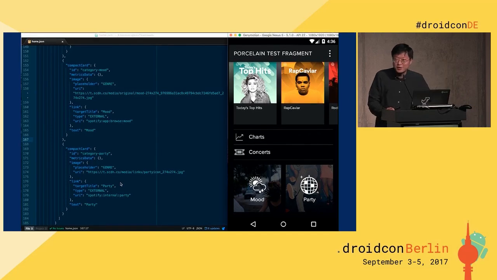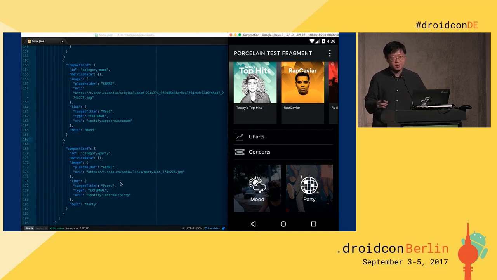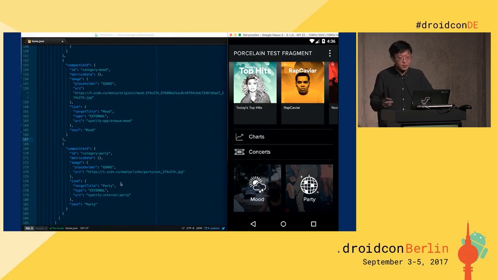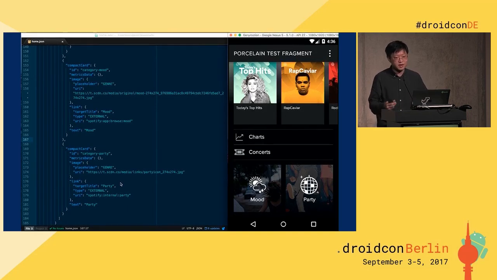Unfortunately, the video seems not to be working, but what I want to show is that the left side is the backend code, and whenever I add something, the right side is the client. And there is no change in the client code, just like HTML, it just renders that. And this is not a web view, but a native renderer. So we can do personalization and a lot of things much more easily.